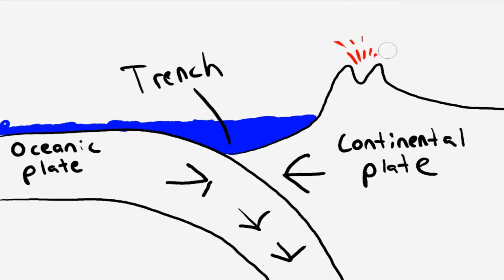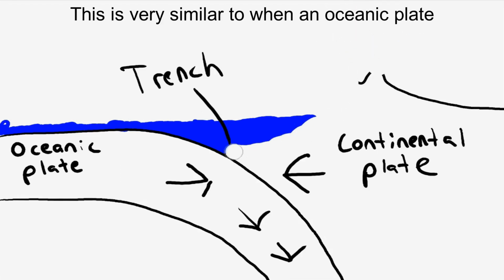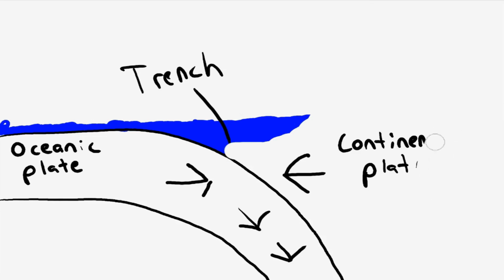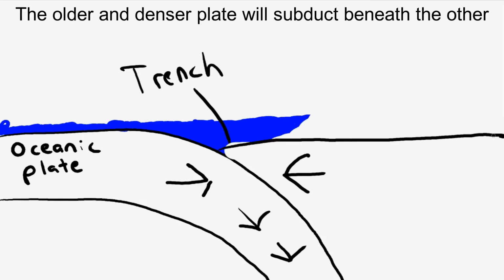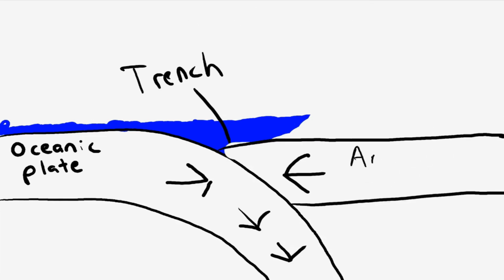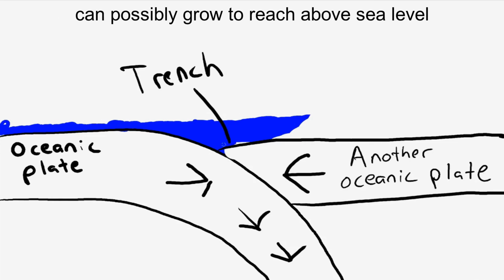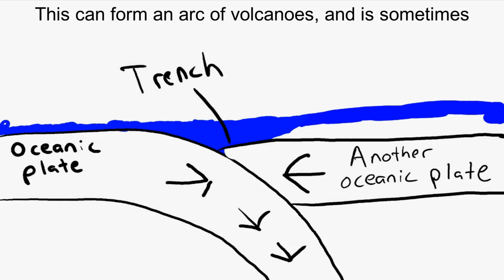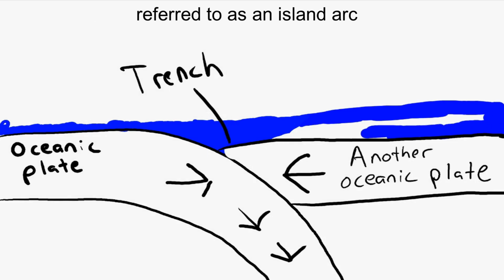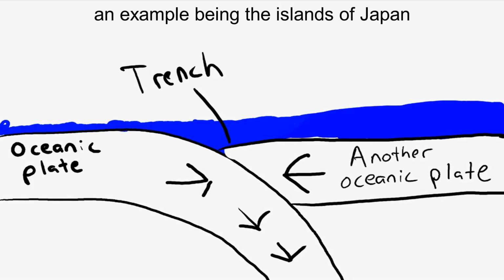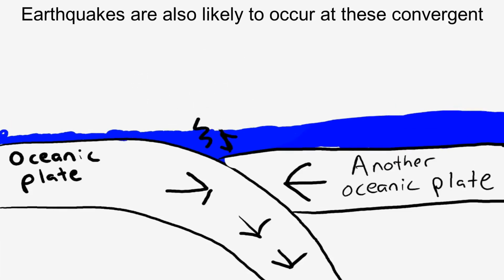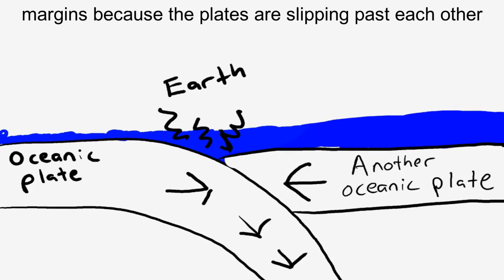Ocean. This is very similar to when an oceanic plate subducts beneath another oceanic plate. The older and denser plate will subduct beneath the other, forming a trench. Volcanoes will initially form below sea level and then can possibly grow to reach above sea level. This can form an arc of volcanoes and is sometimes referred to as an island arc, an example being the islands of Japan. Earthquakes are also likely to occur at these convergent margins because the plates are slipping past each